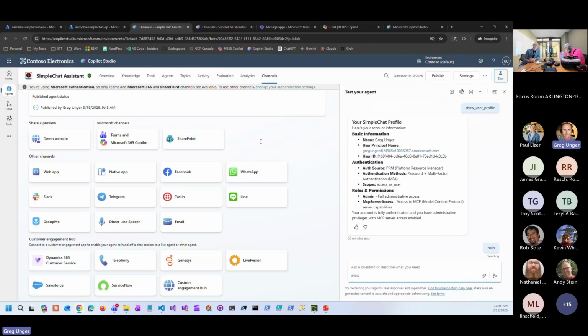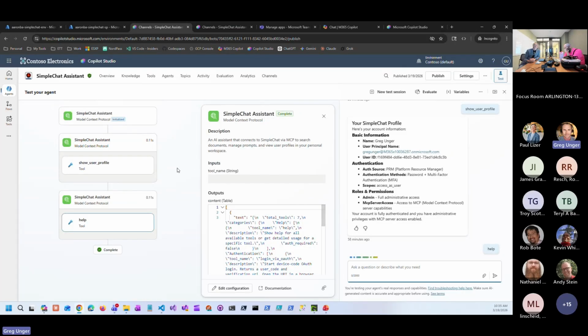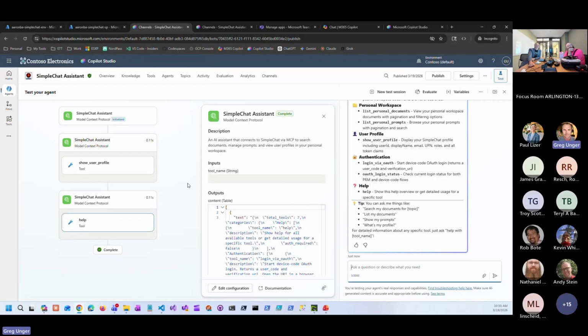I'm doing that here first because it's a little more detailed in the way Copilot Studio operates when it executes the agent, which is then executing the tool. If I needed to see debugging, or wanted to see a raw form of what's coming back once the MCP server calls the Simple Chat API, I'd rather do it here because I'm going to get much more detailed information. And theoretically, if I wanted to do testing and tracing, I'd want to do that here in Copilot Studio before I released it to my M365 Copilot.